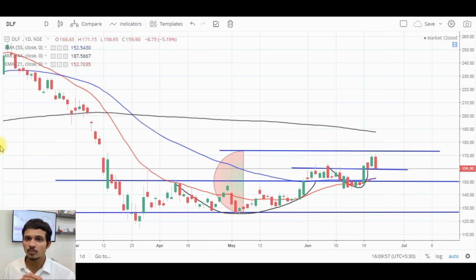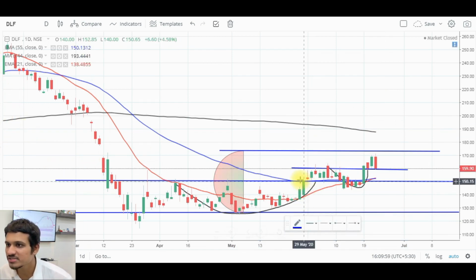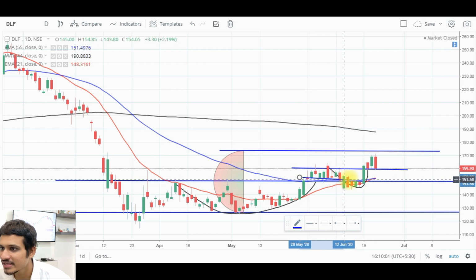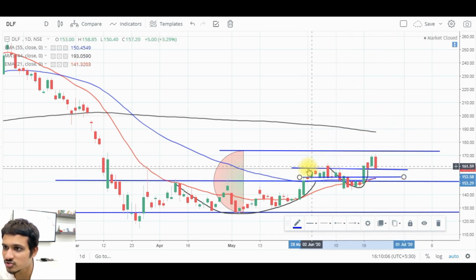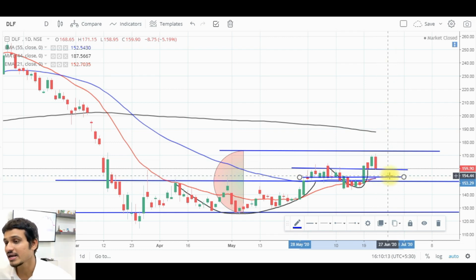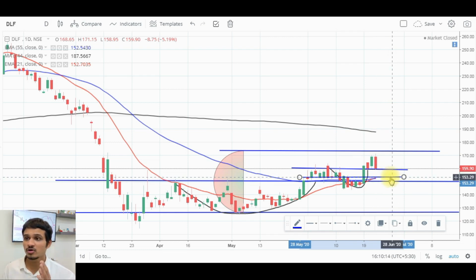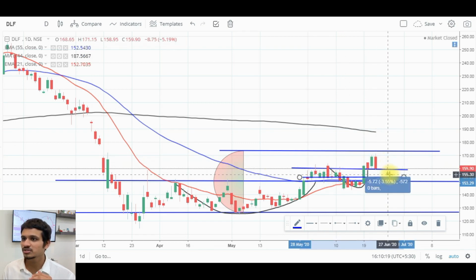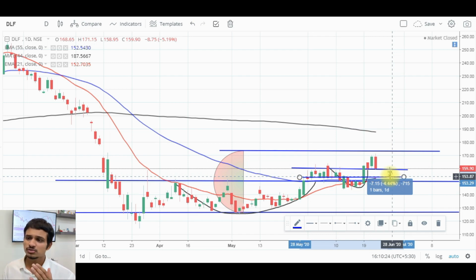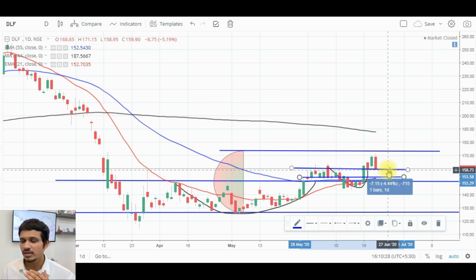And for the help of the stop loss, if I mark another trend line over here, we see that the price respected this particular trend line in this part of the chart. So this part of the chart, if you see closely, is taking support on this trend line. So this immediate trend line can be the indication of your stop loss. So if we calculate how much stop loss we can attain over here, this is around 3 to 4%, in fact, more than that. So it depends on your risk reward ratio again, how much stop loss you would intend to keep over here.